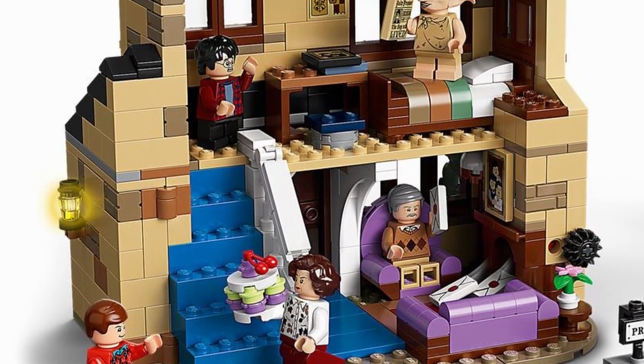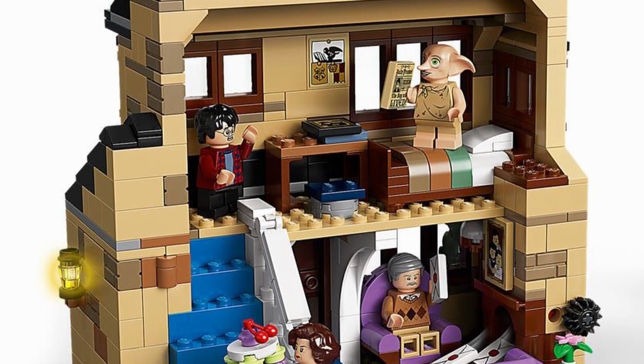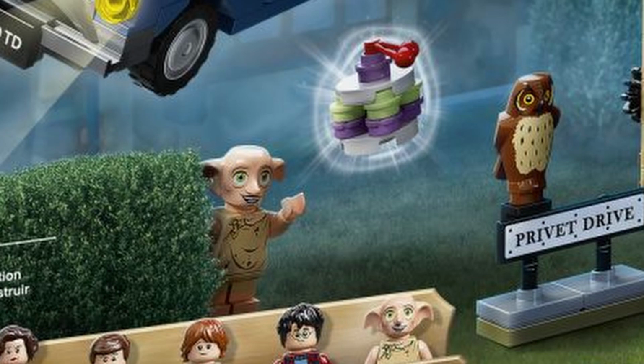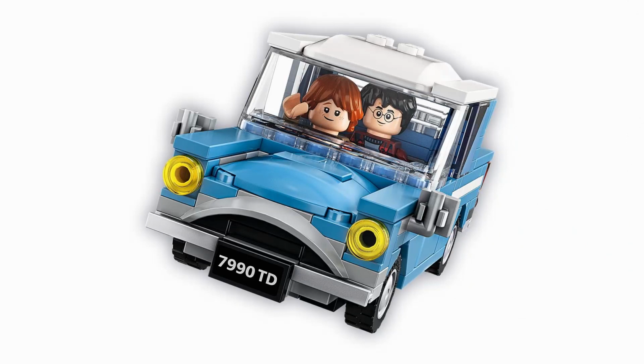The upstairs as well has a really nice bed build. I think they did a great job there, especially with, let's say, the pillow. I think that looked really great. The floating cake outside looks really nice as well. I like that because I'm pretty sure Dobby throws it off or has something to do with that. I like the sign as well for Privet Drive,